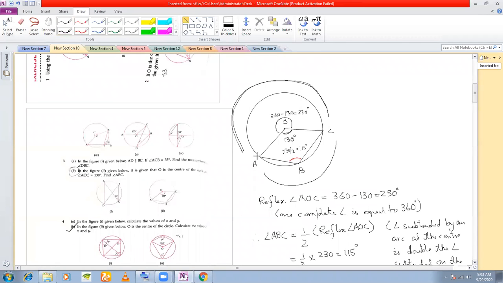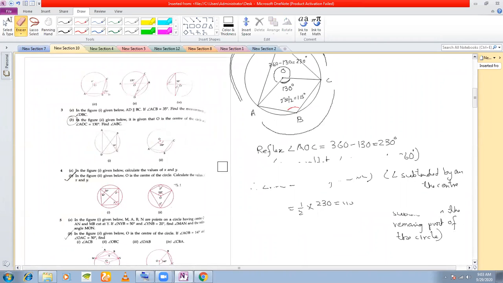Okay, so can you tell me, if I give you this kind of an angle here, this is my question to you. If I give you this angle, can you tell me the measure of this angle? This blue angle here. Can you tell me? Fast, fast.